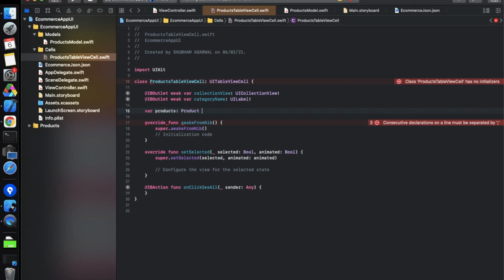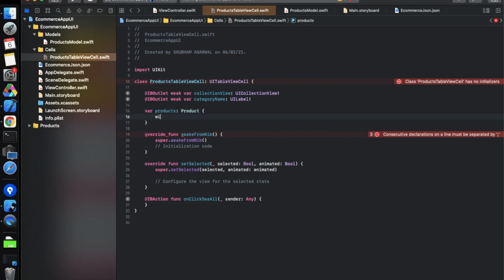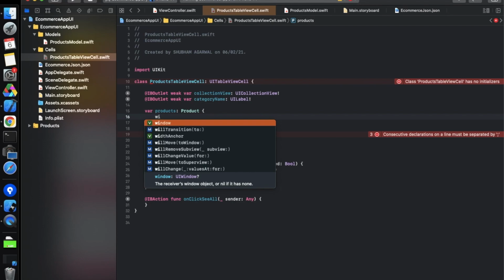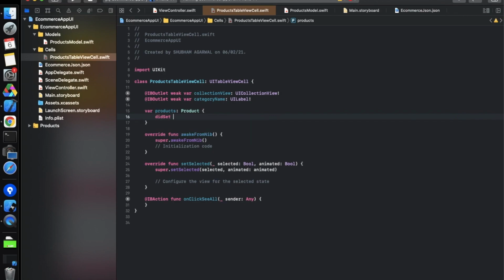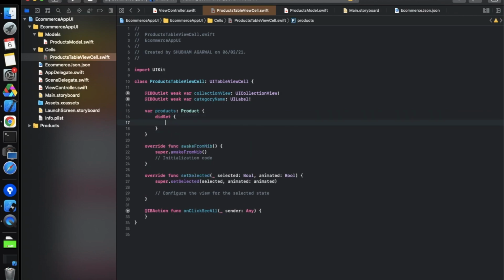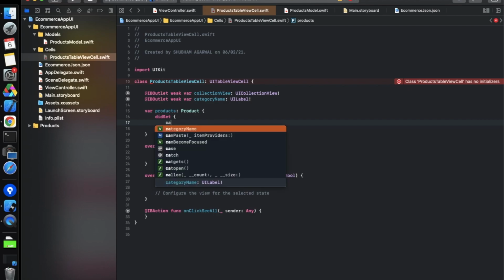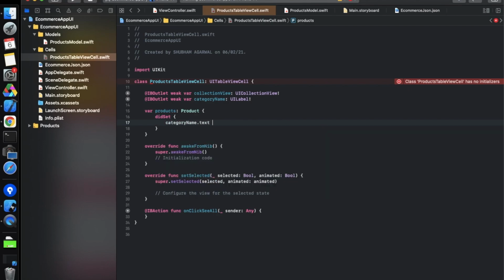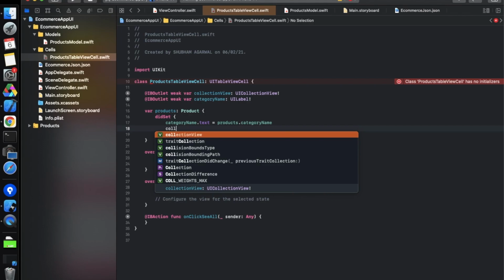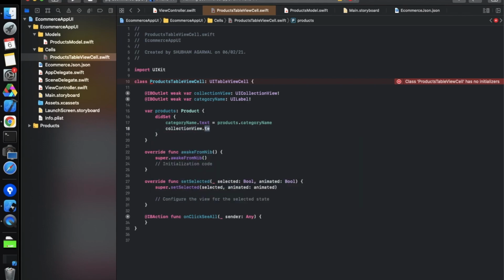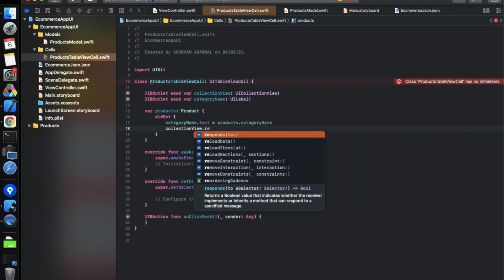We can also put a property observer over here, didSet. Whenever something is written over here, we give the category name: categoryName.text equals product.categoryName. And after setting all these things, we have to reload the collection view. Simply use collectionView.reloadData.